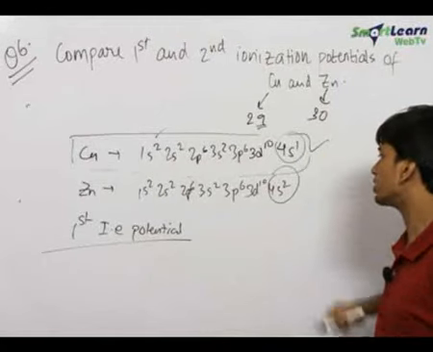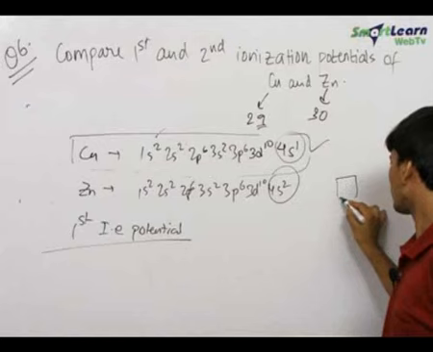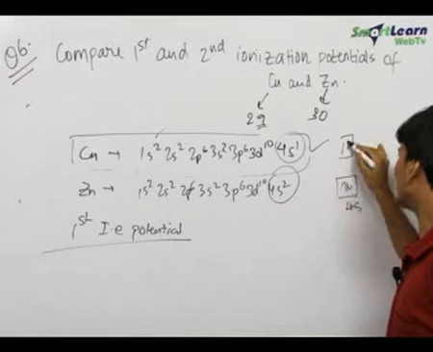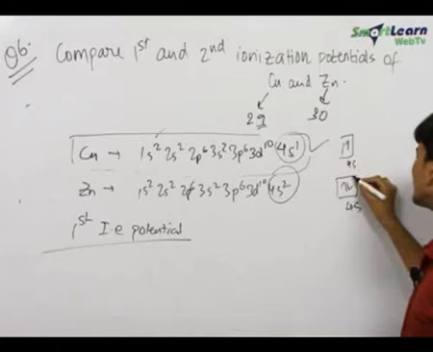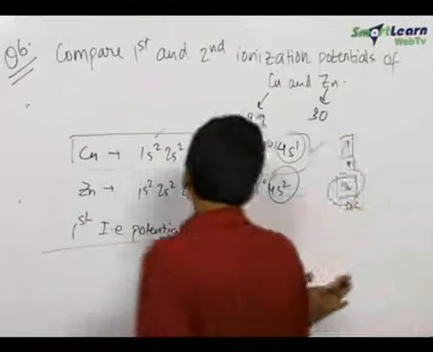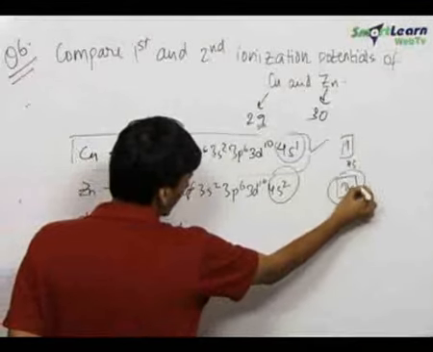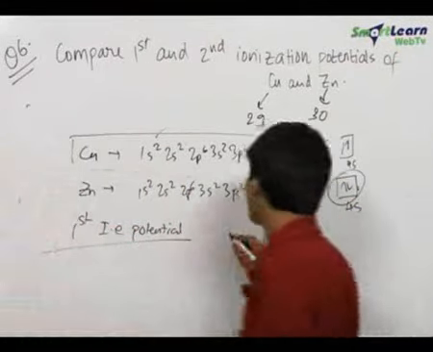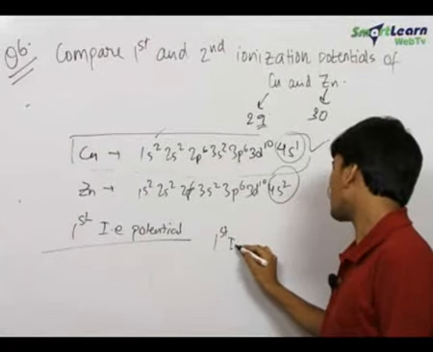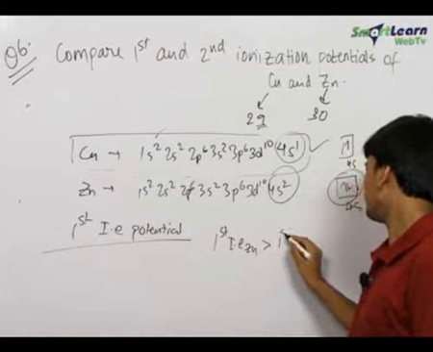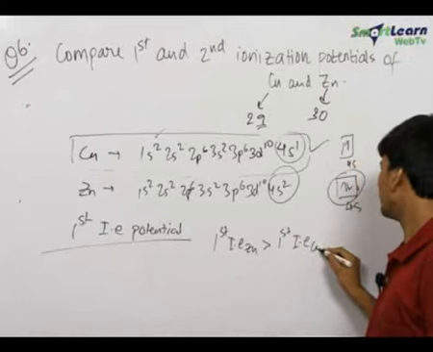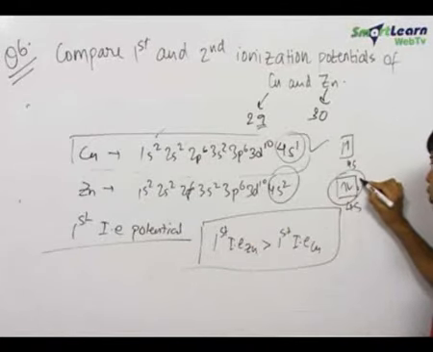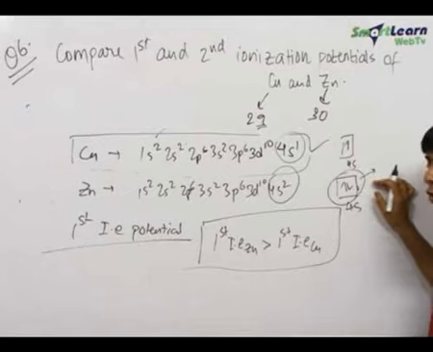Therefore for comparing the first ionization potential, we find here that the outermost shell of zinc is like this, that is 4s, and for copper it is like this. Now since this is fully filled and paired, it is more difficult to take out the electron from here than here. Therefore the ionization potential of zinc will be greater than that of copper, that is, the first ionization potential of zinc is greater than the first ionization potential of copper. We get the answer for our first ionization potential because it is tougher to remove an electron from a fully filled 4s orbital than from a